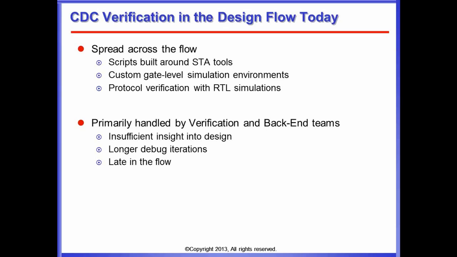If a problem is detected, that leads to a longer iteration cycle because they have to go back to the designer to change the design and run through the implementation cycle again, and before that, of course, through all the RTL regressions they might have. So it's a fix late in the flow, and as always, fixing something later in the flow is more expensive